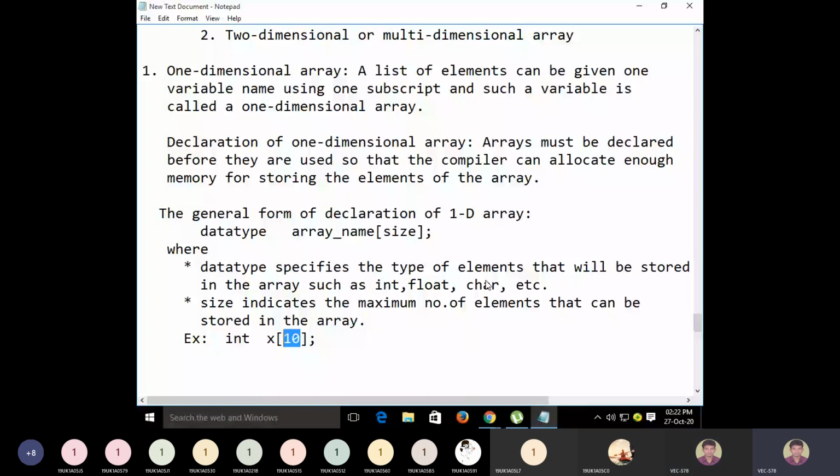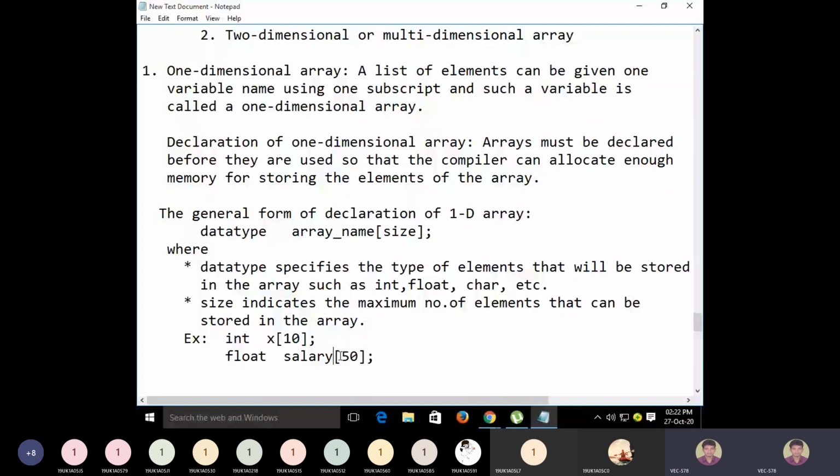Okay. Similarly, you can also declare with another data type, say float. Something like you want to store salaries of employees. Okay, so salary of 50. For example, you have 50 employees in your organization. So then you can declare an array by the name salary and specify the size as 50.